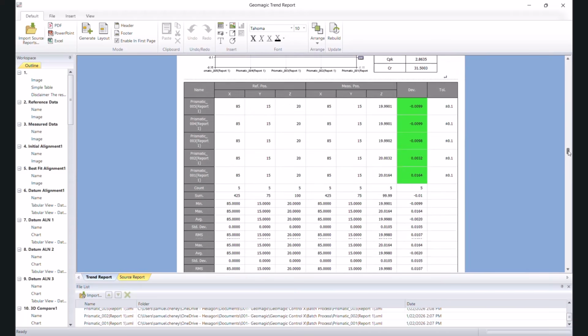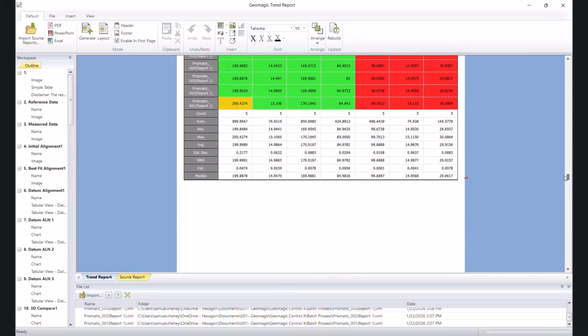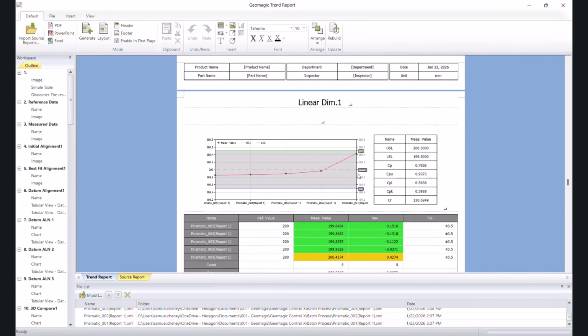Let's move on to something that's a little bit more like a dimension. So just scroll down a little bit. Okay, here we go. We've got our linear dimension number 1. And this is what I was talking about earlier, how you've got inspection report 1, 2, 3, 4, 5. And you can see how things trend or change over time. So you can see that it started out kind of high. It's still within tolerance, but it is yellow, so it's a warning. So it's close to being out of tolerance or at the top end, and then it trends and kind of levels out. You could also infer that if we go over a little bit more, it's going to trend downwards